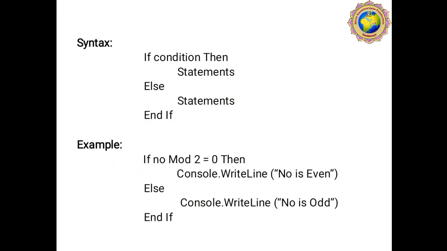So here is the syntax of if else. If the condition is true, then the if statement's true block occurs. If our condition is false, then the else portion is active for the execution. Like here is the example: if number mod 2 = 0, then the output is number